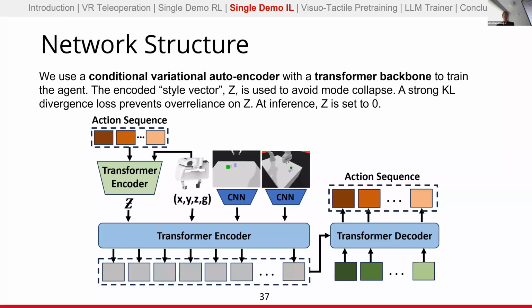However, a very strong KL divergence term encourages the agent to use that as little as possible whenever it's encoded down to the z vector, essentially rendering the z vector to have as little information as needed to solve the task. So the goal here would be that, for example, if we're going left or right around an obstacle, the z vector would just have the information of left versus right, allowing the agent to pick one of the modalities and avoid mode collapse. Then at inference, that z value is just set to 0.